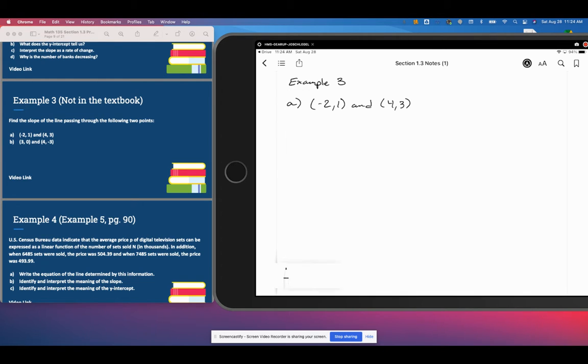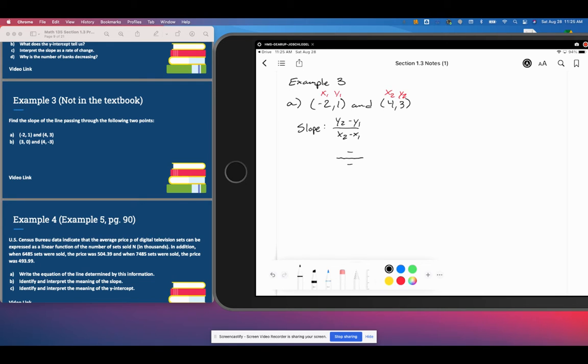So slope formula is y2 minus y1 over x2 minus x1. And again, I really like to label my stuff. So here I've got x1, here I've got y1, x2, y2. And so I can just go ahead and drop those right in. But again, I'm going to emphasize the importance of putting those negative signs in the formula before you put the numbers in. So again, those negative signs in the numerator and denominator, I will always put them in there before